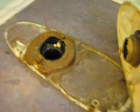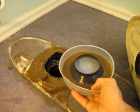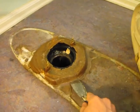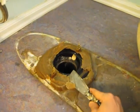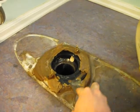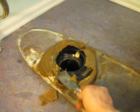Okay, and this is our mess, and all this here is all that wax that was a part of the original ring. We're going to be replacing this wax, and this wax we're all going to just kind of scrape up. Now underneath this is a flange, which is basically screwed on. If you kind of dig in here, there's some screws that screwed onto the floor. Right here, these bolts actually,